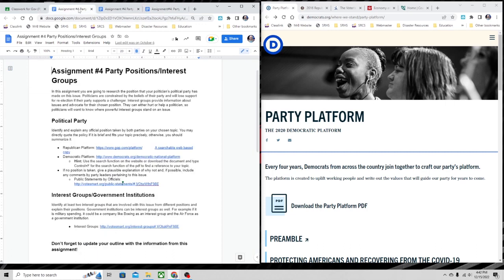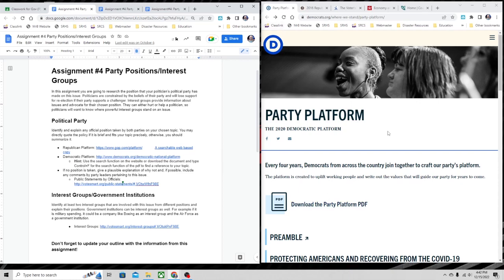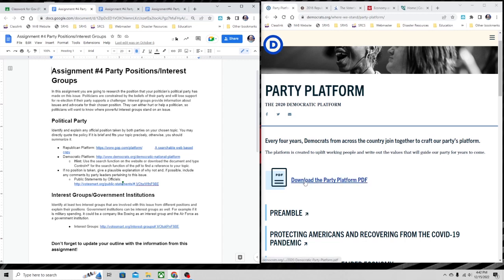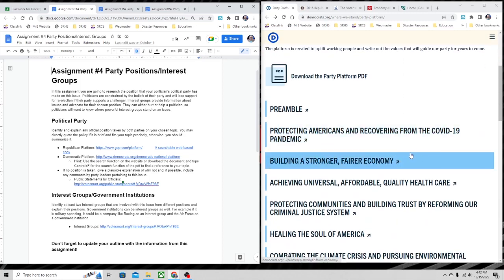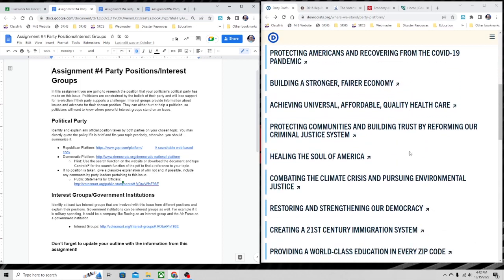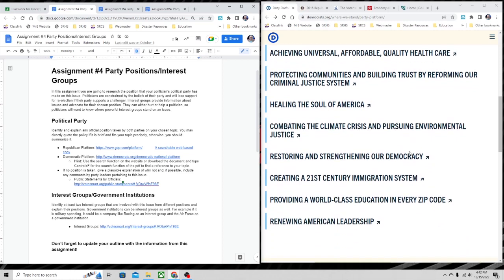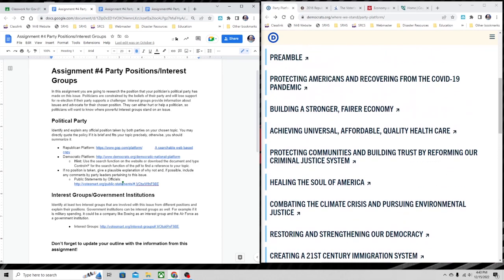So going to the overview sheet, this takes to either the Republican one or the Democratic one. Let's do the Democrats first. You click on this and it will bring you to this website right here. At the moment, they're not letting me download the party platform, so you can just look through it here. The issue in my example is taxes, so I'm looking for something that might have to do with taxes. This is going to take a little bit of looking,